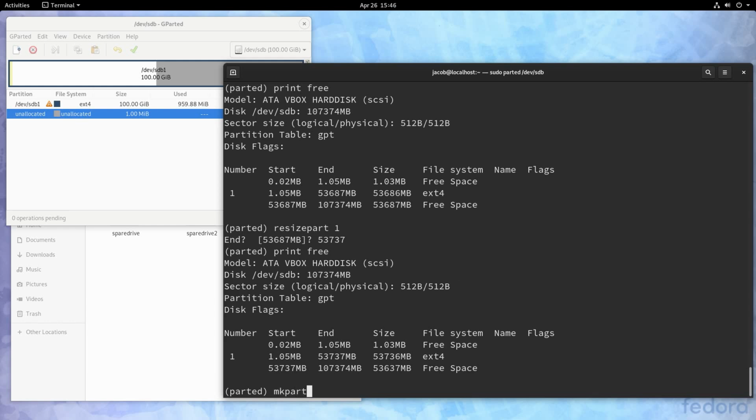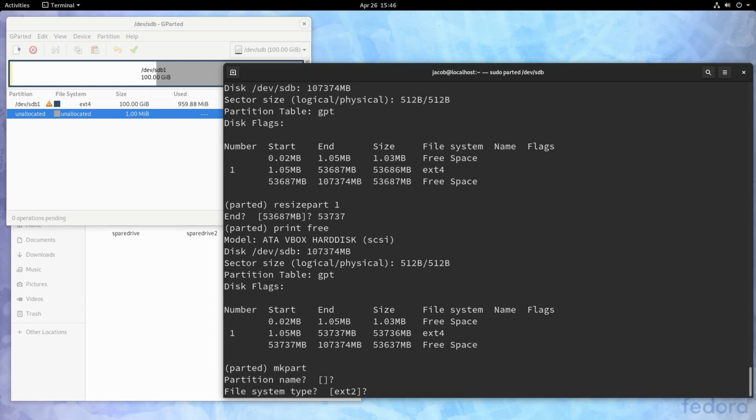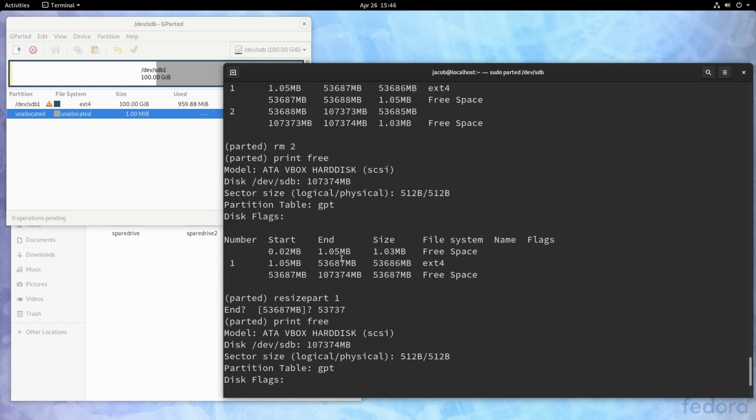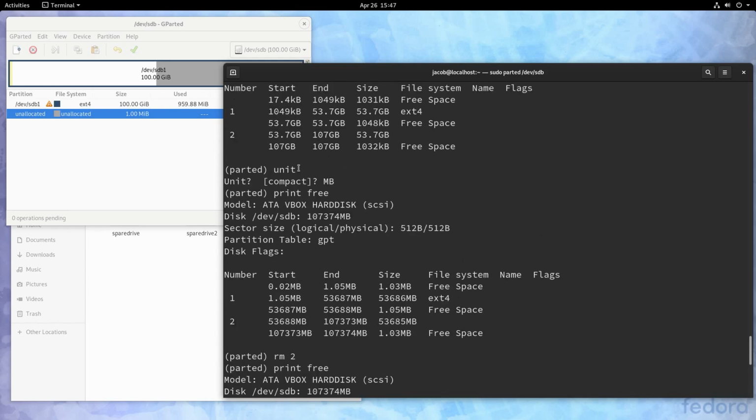So we'll run mkpart, we will accept the default partition name, and we'll put in XFS for the file system type. Now for the start here, we can't just use 50% anymore because technically that first partition is slightly more than 50% of our drive. But since we entered that unit command earlier, it applies to the entire parted program.